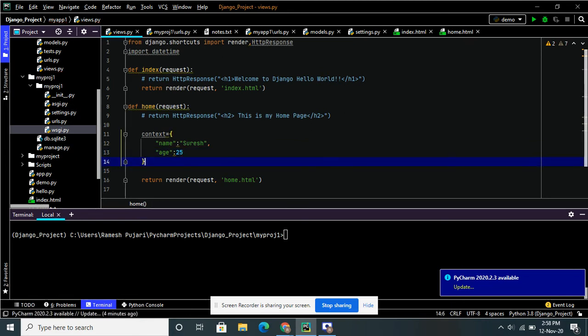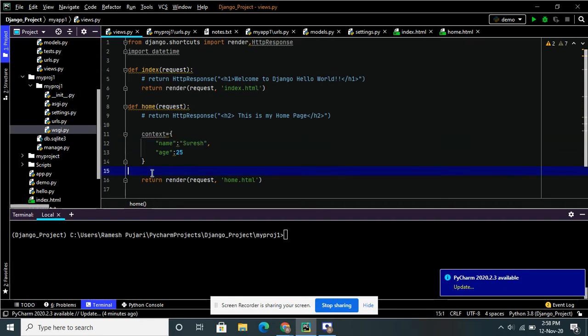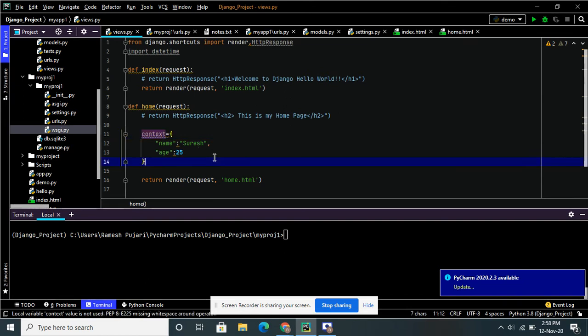Next I have to send these, that is, I'm rendering. Render means it will render to the HTML page, that is the home.html page. So I have to pass this context variable. When I pass the context variable, it will get the data and send it to the HTML page.